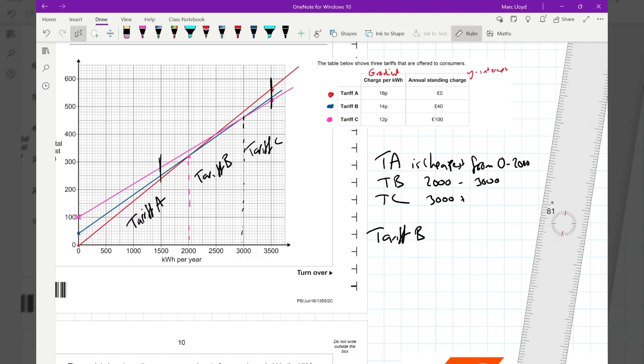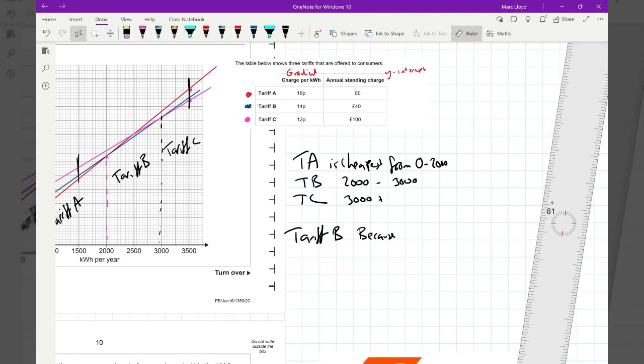I'm going to suggest tariff B because there's a gap of 2,000. It's because there's a half chance they will use between 2,000 and 3,000 out of the estimate